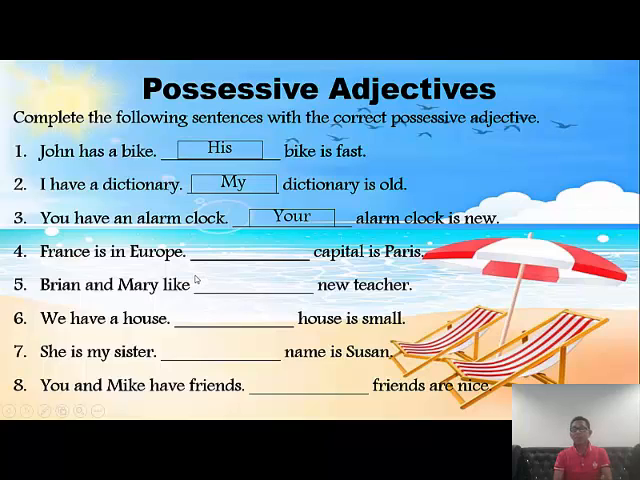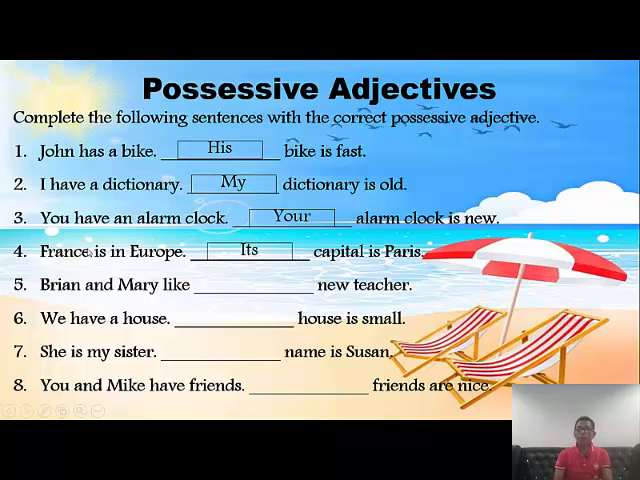You know that France is not a human or person, so we use its. Its capital is Paris. Okay, remember, without the apostrophe. With the apostrophe, it is the contraction of it is. But this one, its capital is Paris, shows the relationship between France and Paris. France doesn't own Paris, obviously, but it is the relationship between France and Paris, because Paris is the capital city